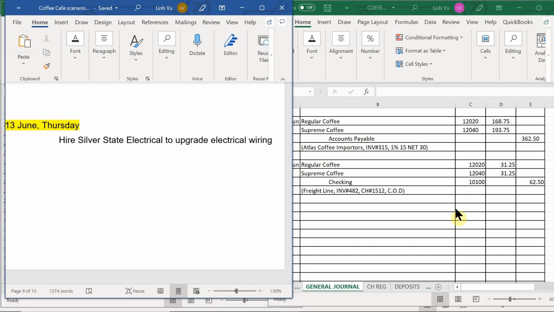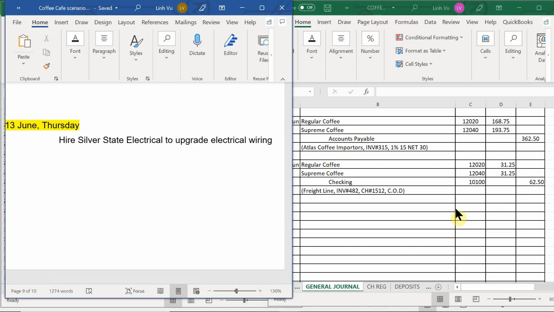Especially if they have a lot of transactions that are supposed to be every day. But again, a trial balance isn't doing a financial statement. A financial statement, you have the choice to do whenever you'd like, whether weekly, daily, monthly, quarterly, or even at the end of the year. But in this case, the trial balance is just to double check your work. That's all it is. Making sure that you did journalize everything properly.